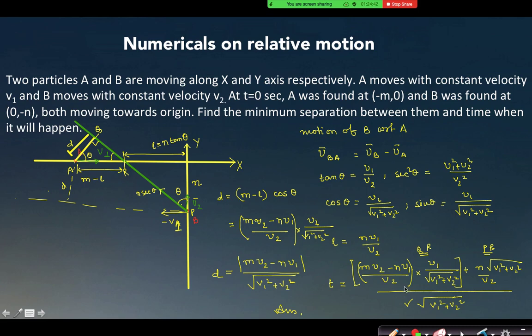So I think we have understood this question also. Look, these are only applications of relative motion. I am very sure you can solve this question by writing several other equations, differentiating, and making it 0, using mathematical expressions. You can definitely solve this question that way, but again we have to learn how relative motion can help us solve such questions. That is the motto of studying relative motion.